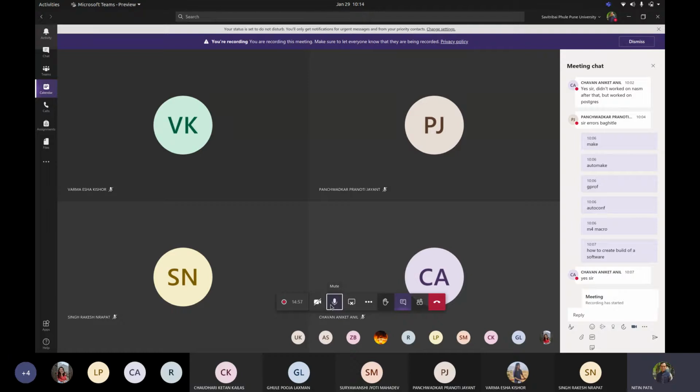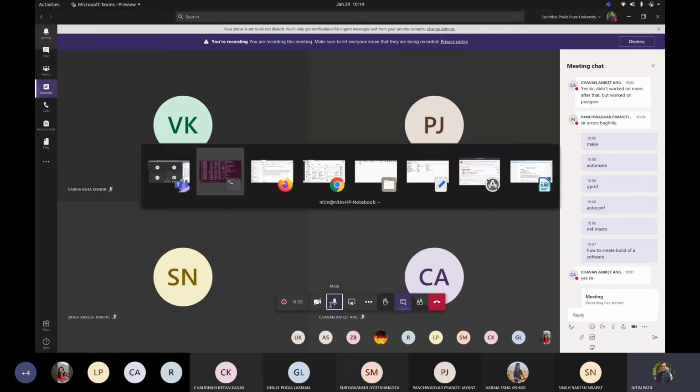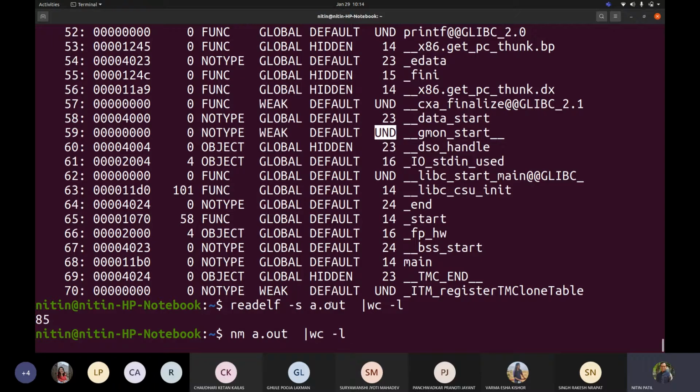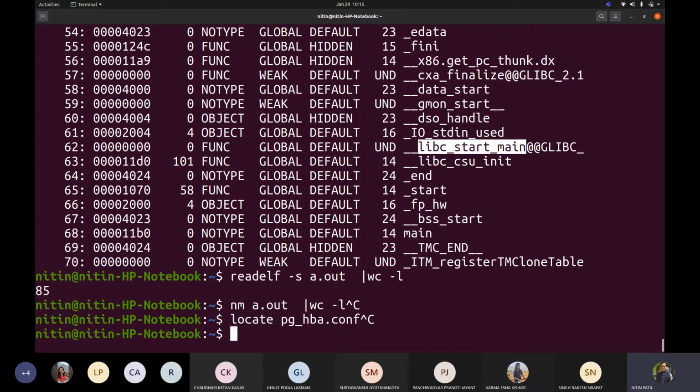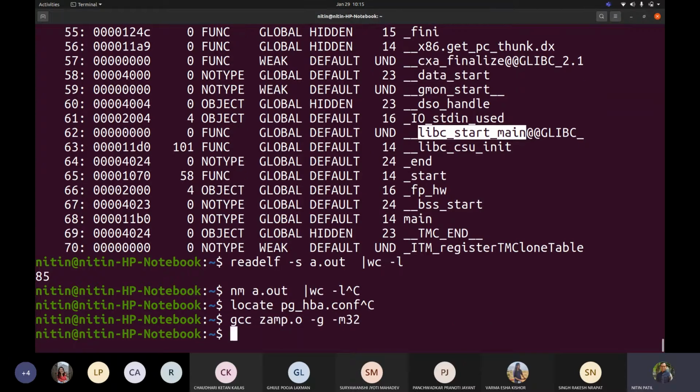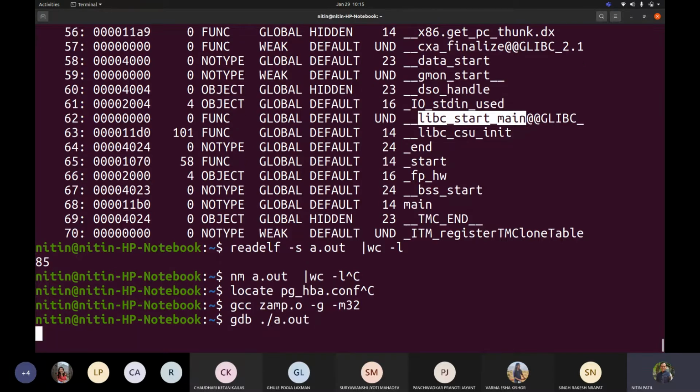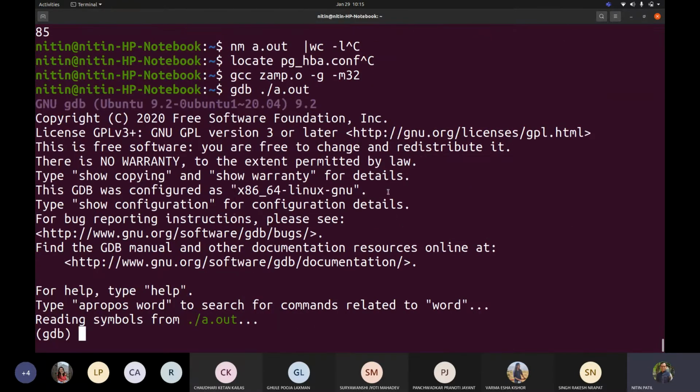Okay, now when we were talking about these readelf and nm, correct? Now few things like how will I know that this is the particular function which would be getting executed. For example, if I go to, let us see which command we applied earlier for GCC. Okay, let us go with this, and now let me debug this. Now ultimately it is reading symbols from a.out.